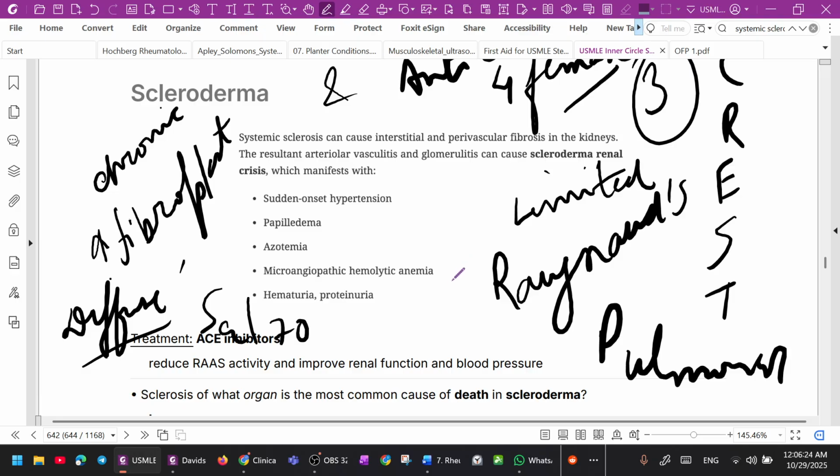Diffuse systemic sclerosis is associated with more severe and rapid internal organ involvement, and is also seen in the limited form. And morphea is localized scleroderma